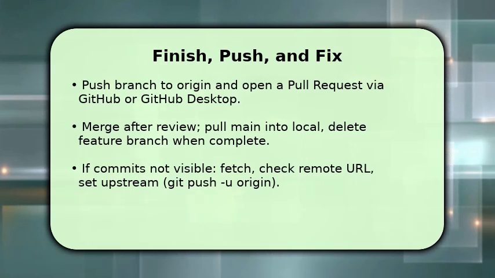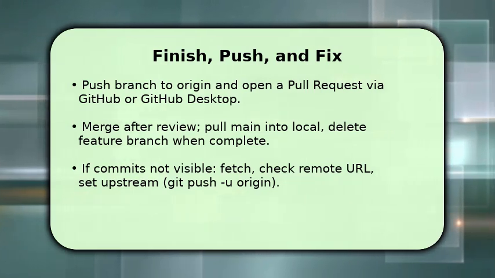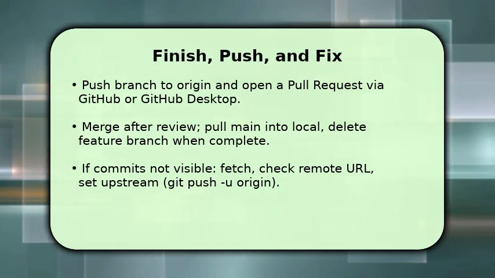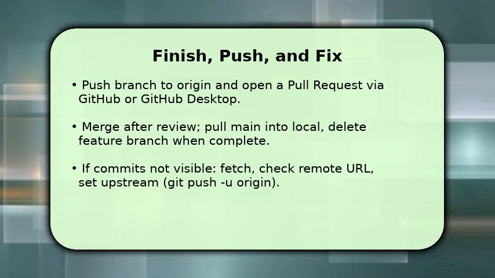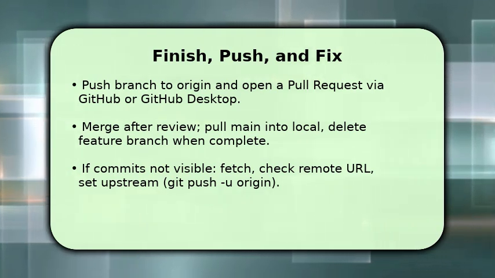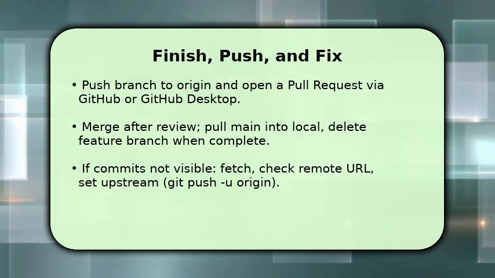To finish, push your feature branch to origin and open a pull request using GitHub Desktop's Create Pull Request or the GitHub Web UI. This lets reviewers see changes. After approval, merge the PR, then pull the updated main branch into your local copy and delete the local and